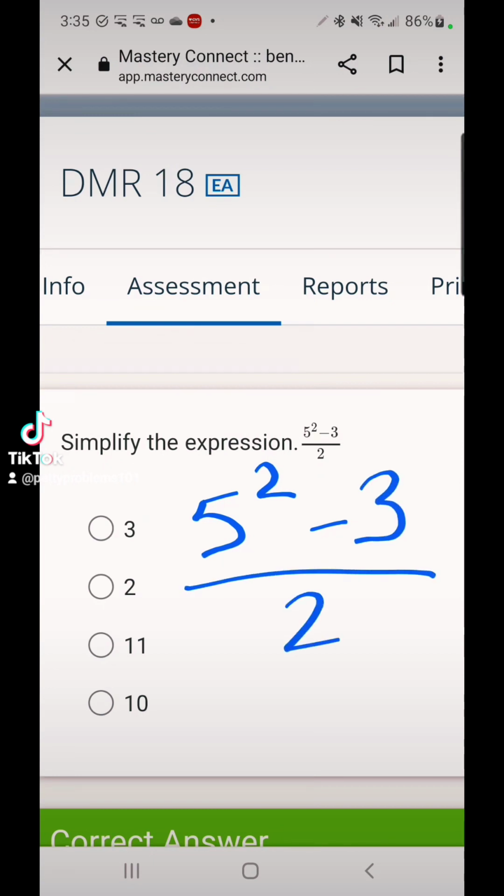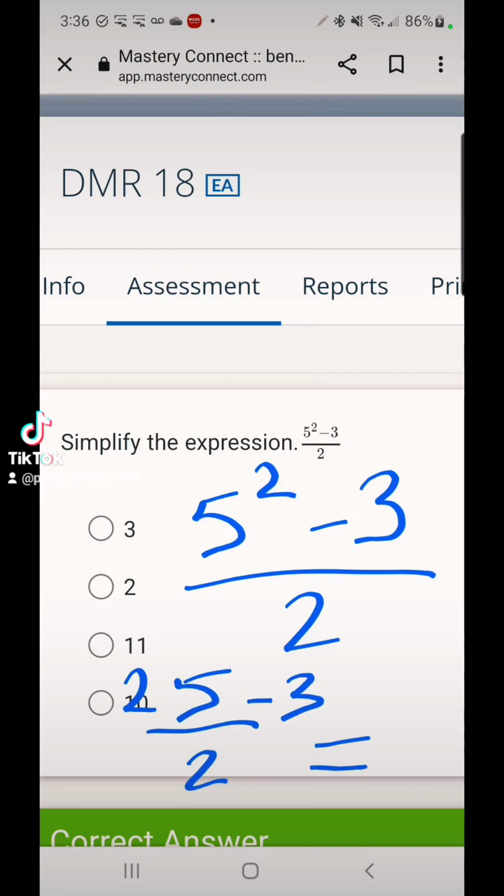Now, keep it over the 2, and you're going to solve 5 squared. That's 5 times 5. Remember, any number squared means that number times itself. So 5 times 5 is 25, minus 3. Keep the expression in the top and keep the number on the bottom. So then 25 minus 3 is 22